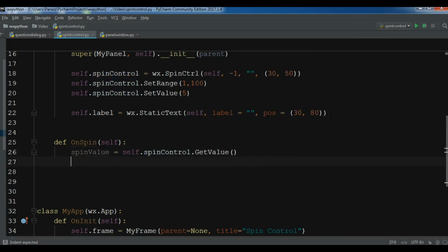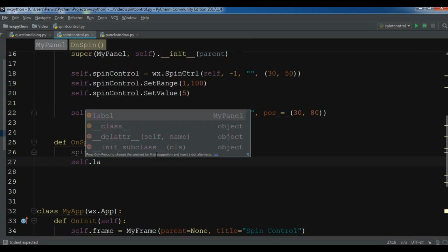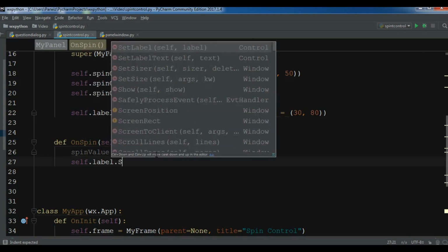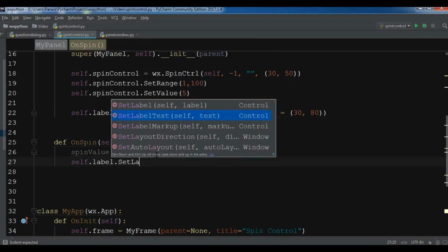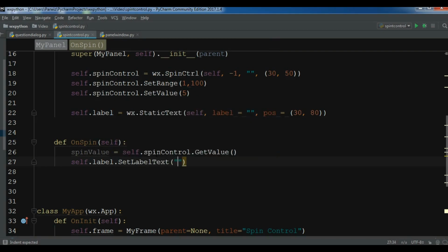I get the value of my spin control and save it in the spin_value variable. Now I want to set this spin value to my label: self.label.SetLabelText, and the value is, plus, convert your value to a string,